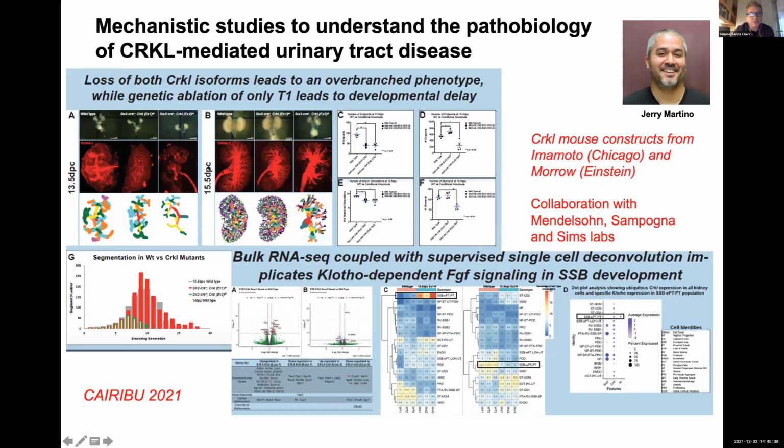Jerry nicely shows that the different CRKL isoforms and their balance are critical in the CAKUT phenotypes observed in DiGeorge patients, where absence of one or both isoforms can lead to a hyperbranching or hypobranching phenotype. By then using transcriptomic analysis and the convolution to a pseudo single cell RNA sequencing, we can get insight into the mechanistics of this disease, by observing that manipulation of CRKL leads to a Crotto-dependent FGF signaling alteration that guides